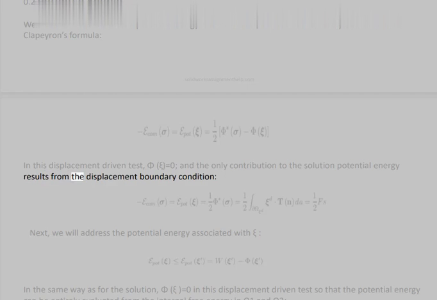In this displacement-driven test, phi psi equals 0, and the only contribution to the solution potential energy results from the displacement boundary condition. Next, we will address the potential energy associated with psi, in the same way as for the solution, phi psi equals 0 in this displacement-driven test, so that the potential energy can be entirely evaluated from the internal free energy